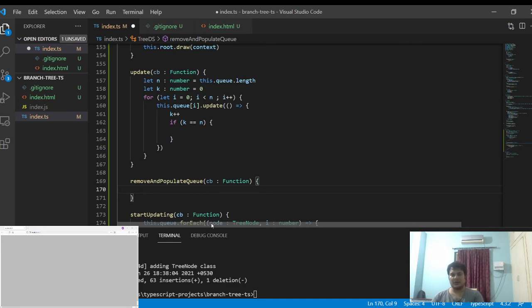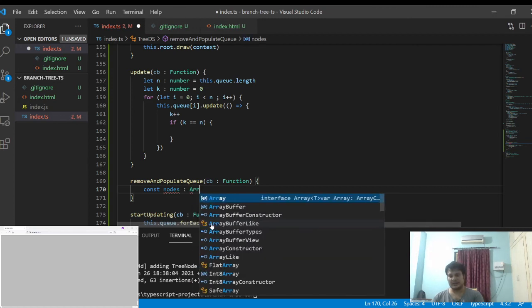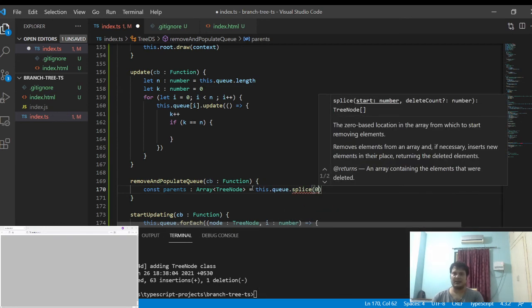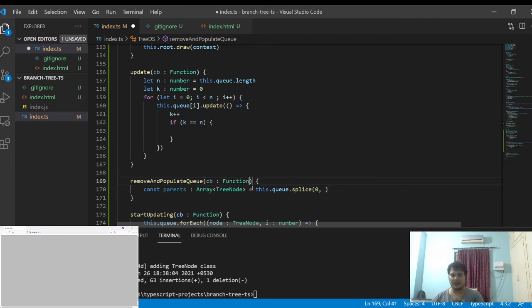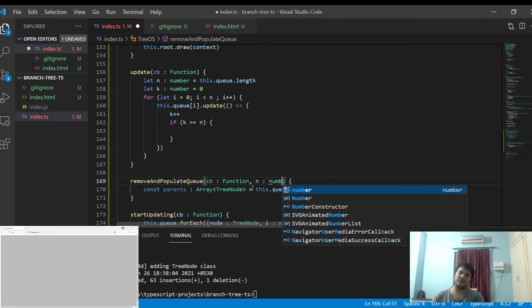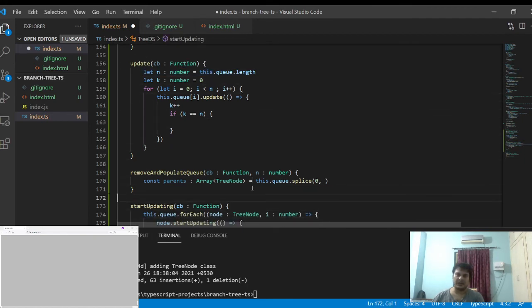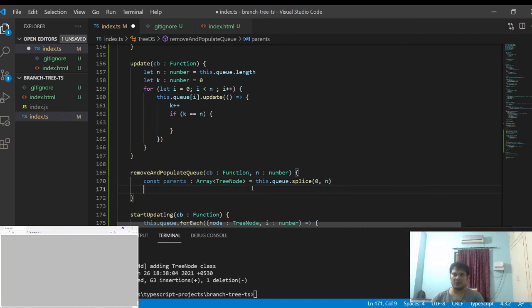Now what we are going to do is something like this. We say parents equals this.q.splice(0, n), so we'll pass the number n as well here, which was declared over here, from 0 to n.